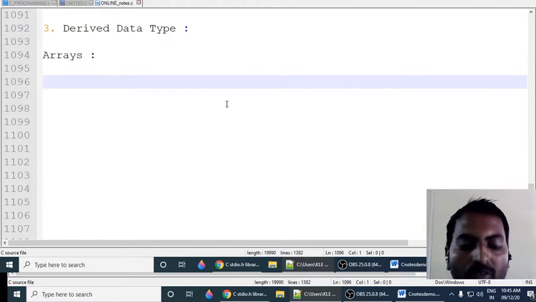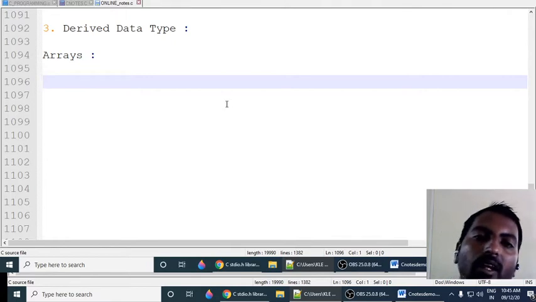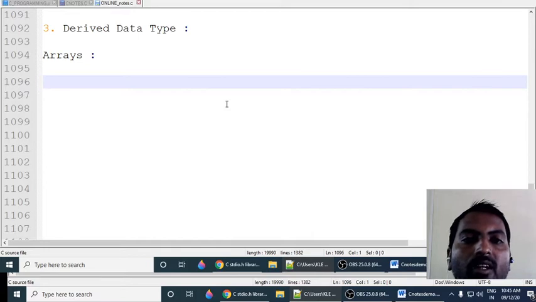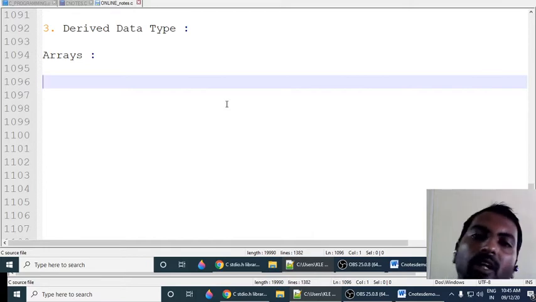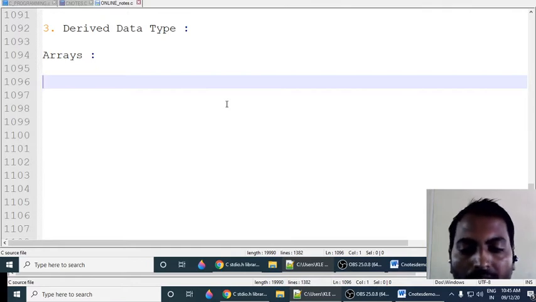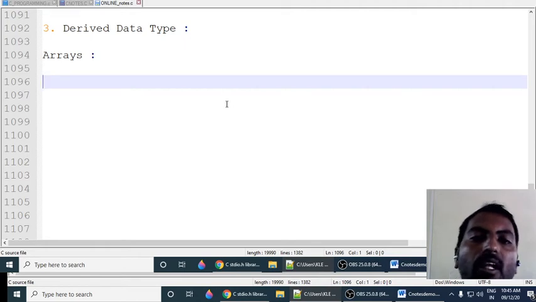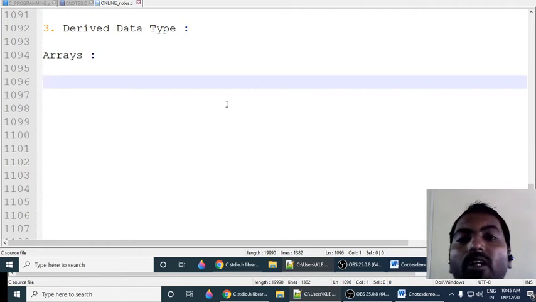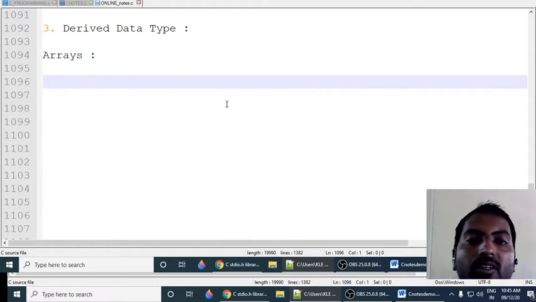If you want to store 100 values at a time, then that time you need to declare 100 variables, and we need to remember those 100 variables in my program. So if you want to represent 1000 or 10,000 or 1 lakh values, then that time we need to declare 1000 or 1 lakh variables in our program.